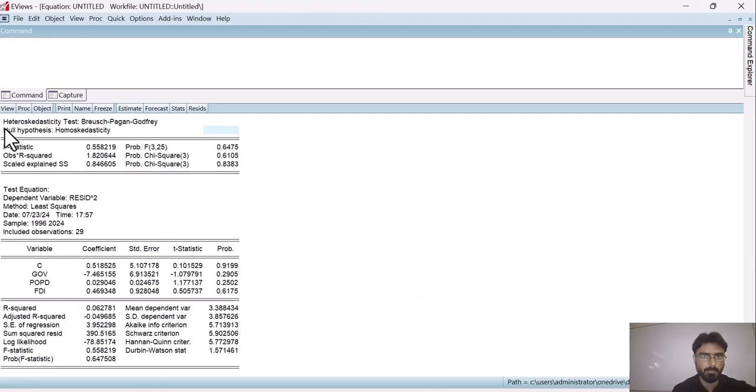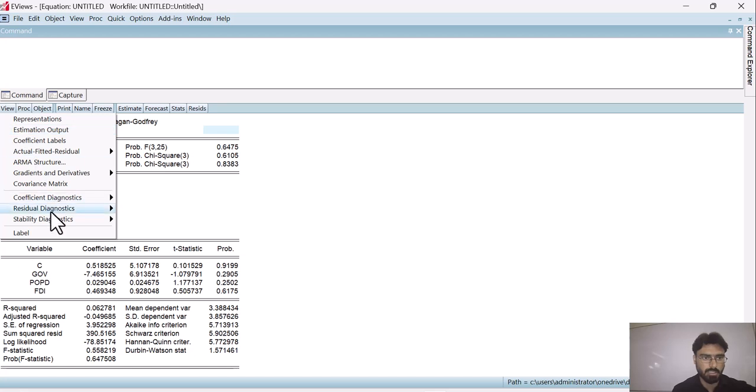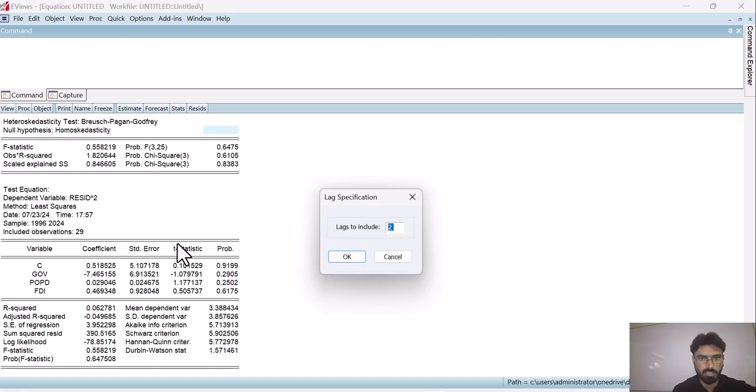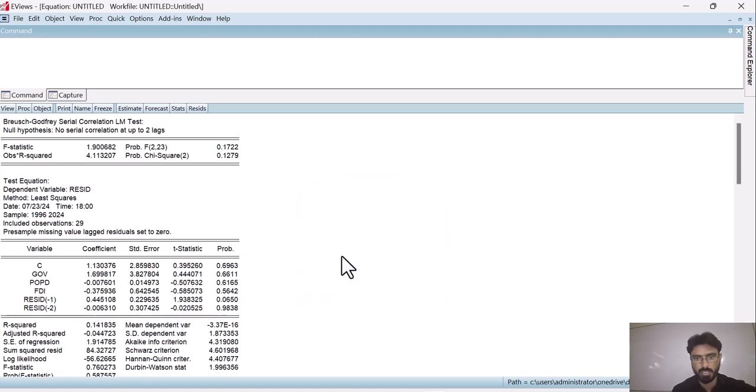We have to go to View, then Residual Diagnostics, then apply the Serial Correlation LM test, and then include our lags. I am going with the default option of 2 lags, then click on OK. Here it gives us the Breusch-Godfrey Serial Correlation LM test, and we have to see the probability value of Observed R-squared.